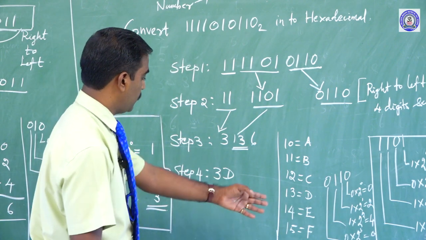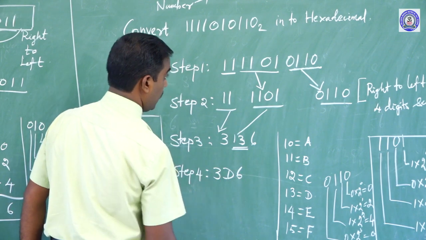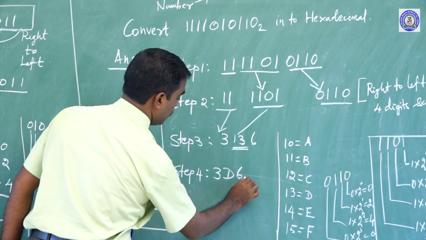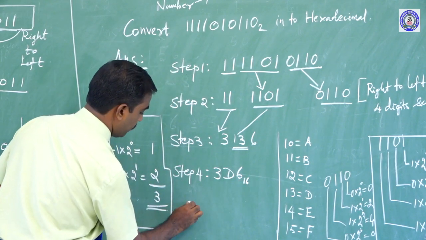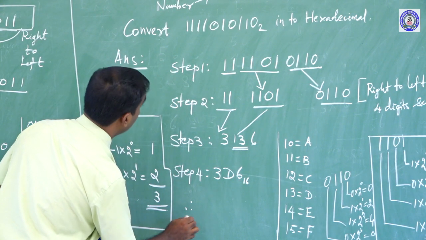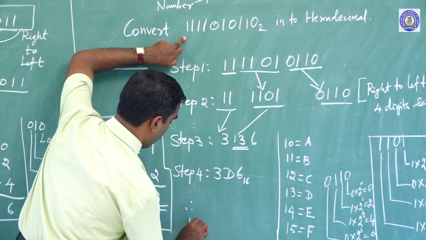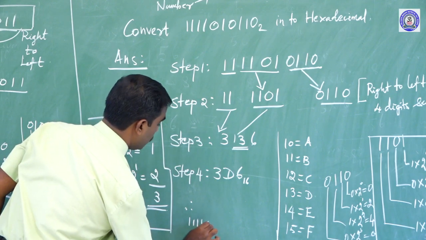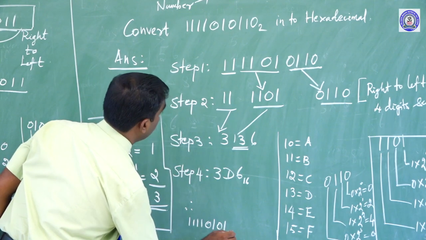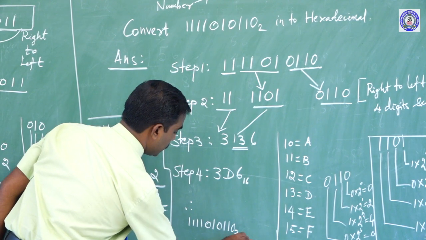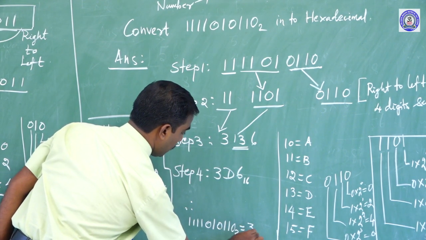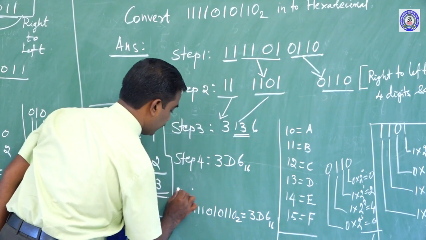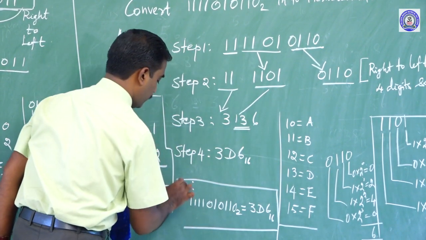6 1 1 0 6 base. This given number is binary, but we will convert it into hexadecimal, base 16. So therefore 1 1 1 1 0 1 0 1 1 0 base 2 equals 3D6 base 16. This is the answer